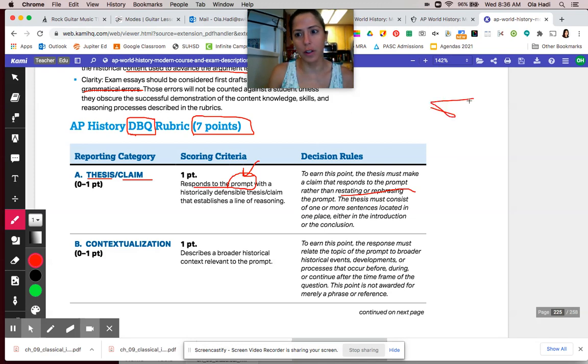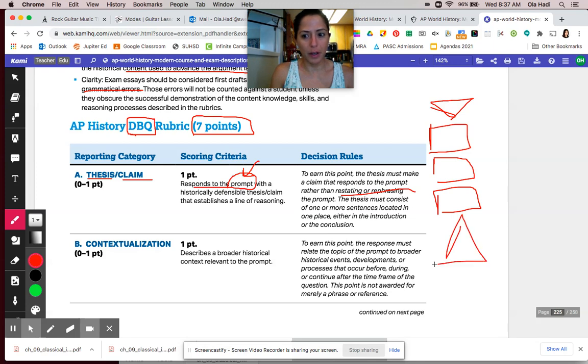Yeah, so if we draw a simple 5-paragraph essay with that upside down triangle being the intro and then these boxes being body paragraphs, you want your thesis in a normal essay to be at the end of the first paragraph and the beginning of the last paragraph. But that's not what I would advise on a DBQ. So if we make the thesis a star, I would say start with your thesis. You could put it technically anywhere in this first body paragraph, but I would say start with your thesis